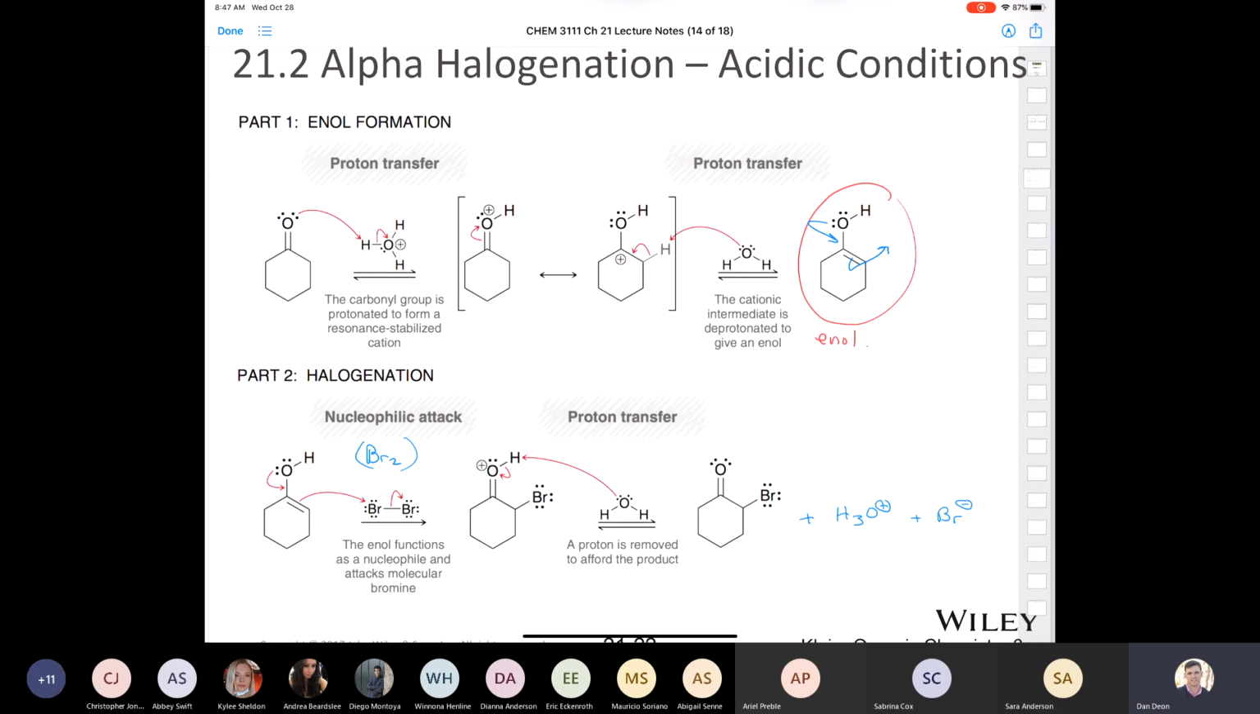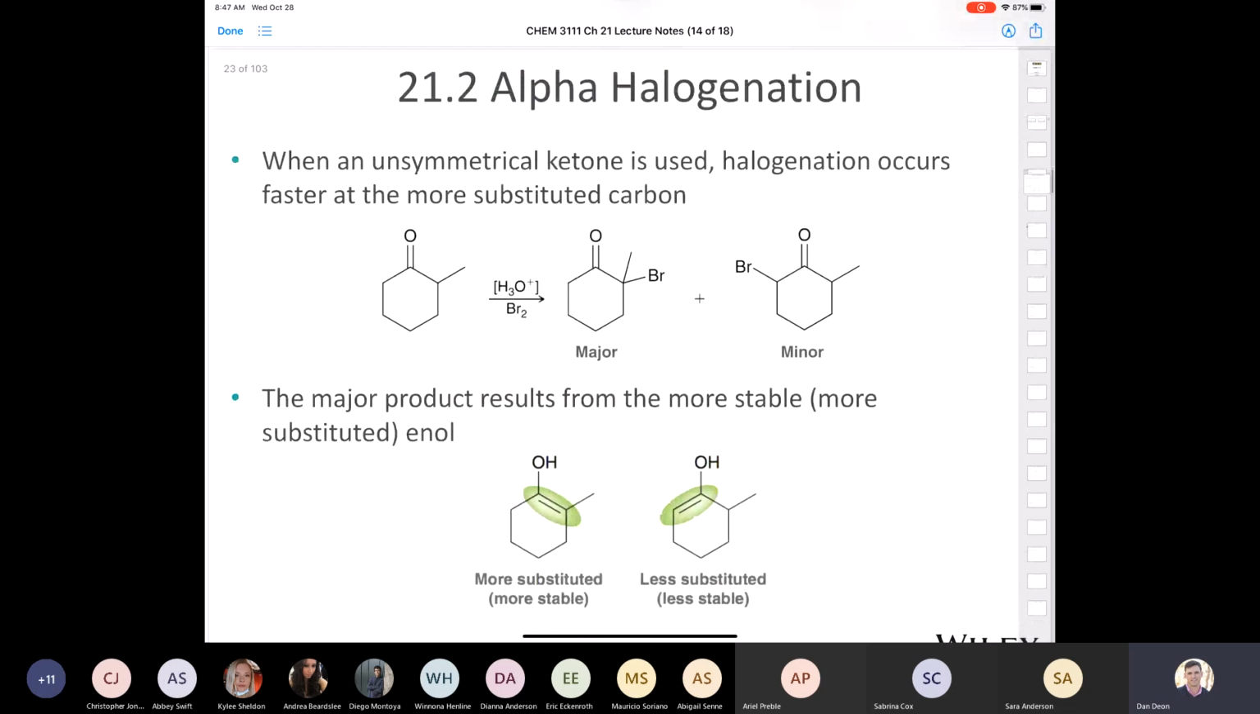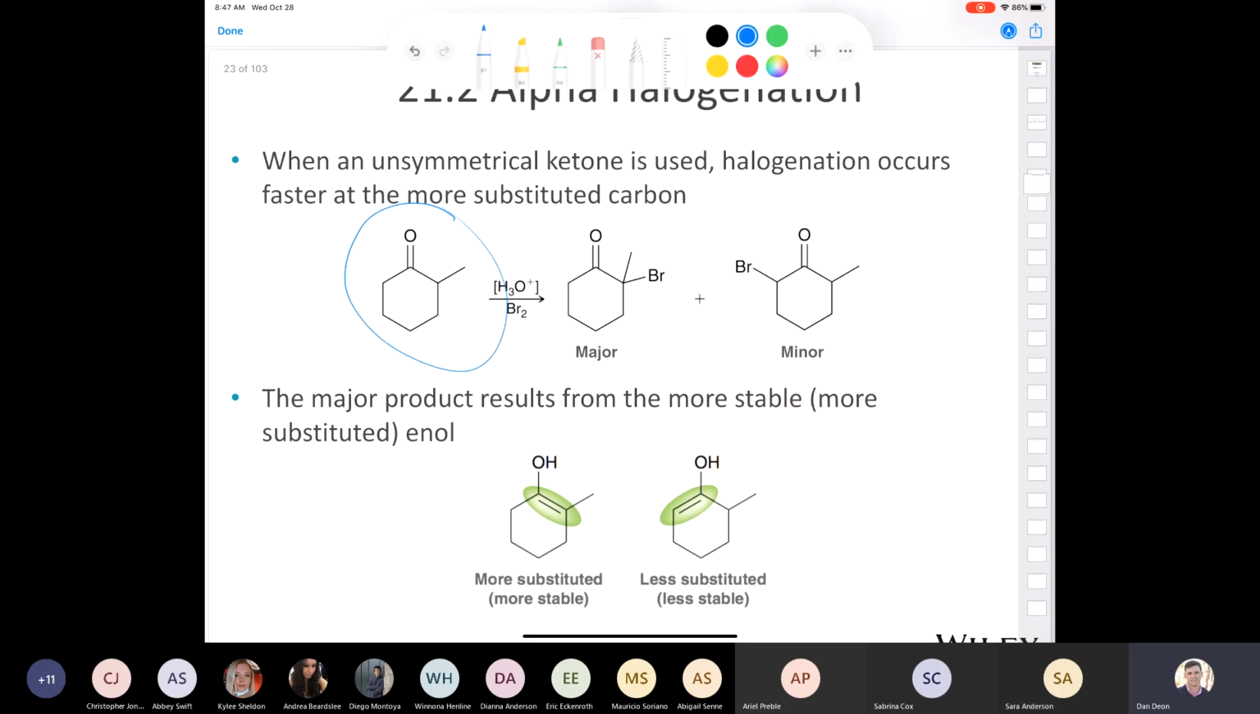Well, you might be wondering about regioselectivity. What if I have an unsymmetrical ketone? And that's addressed here, and it's a very short explanation. If we have an unsymmetrical ketone, like this ketone right here, so this is what? 2-methylcyclohexanone. If we take that unsymmetrical ketone and we treat it with these conditions, so acid catalyst to form the